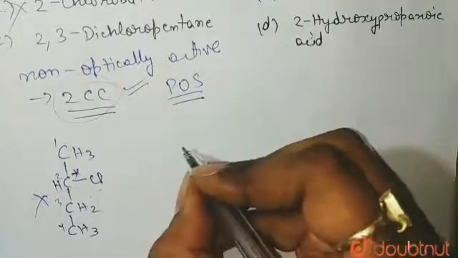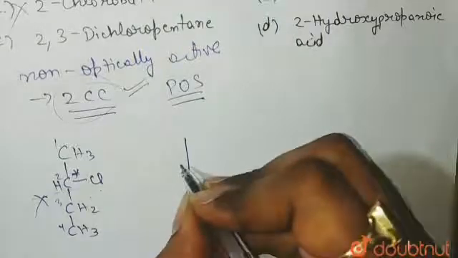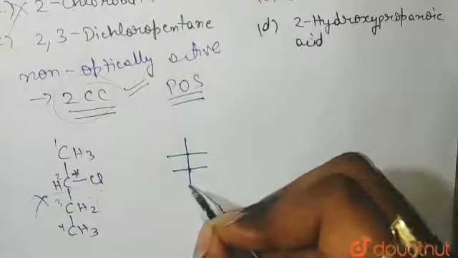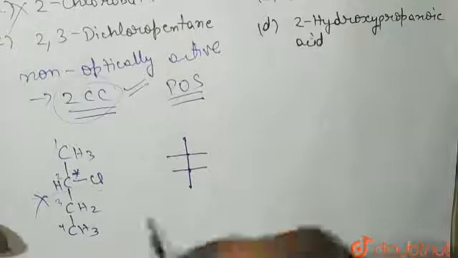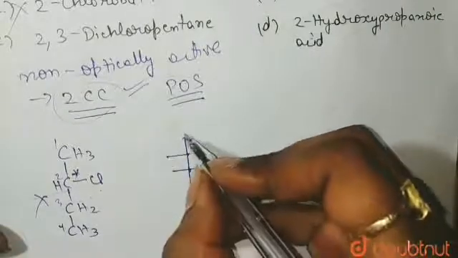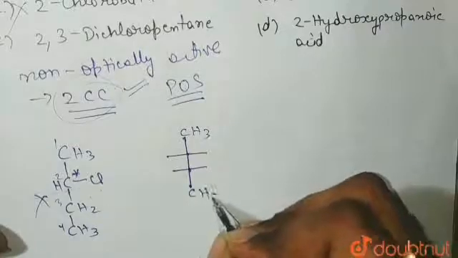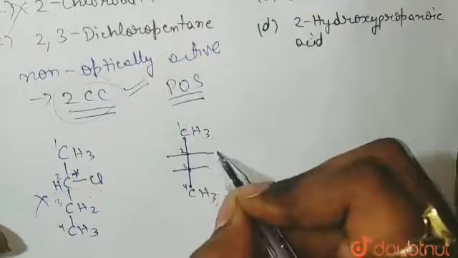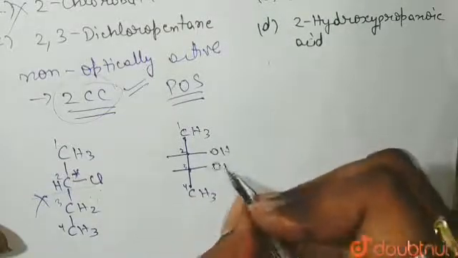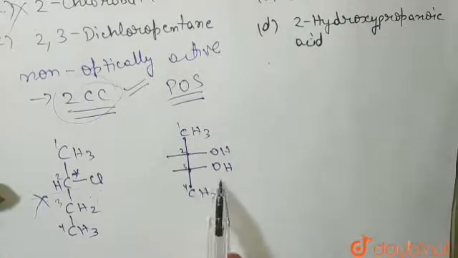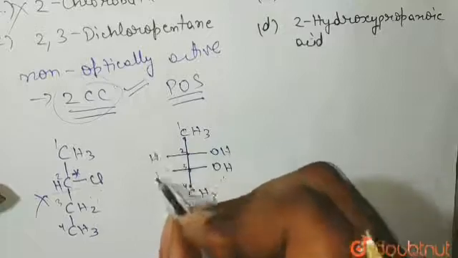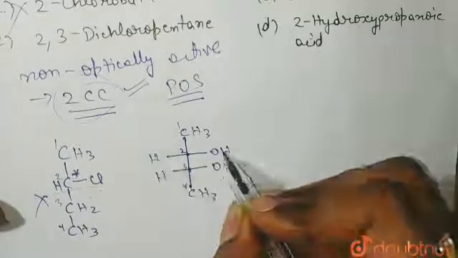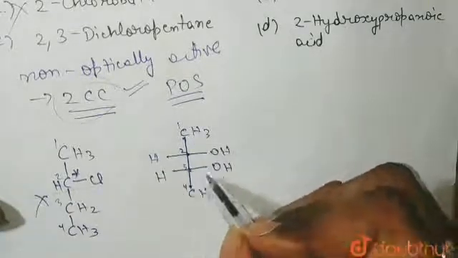Let's draw it this way. This is a carbon, this is a carbon, this is also a carbon, and this is also a carbon. So this is butane, with CH3 at both ends. Let's number it 1, 2, 3, and 4. 2,3-diol means at carbon number 2 and at carbon number 3 we have an alcoholic group OH, and then hydrogen completes the valency. This carbon has H, OH, CH3 and the other carbon, and the next has H, OH and CH3.